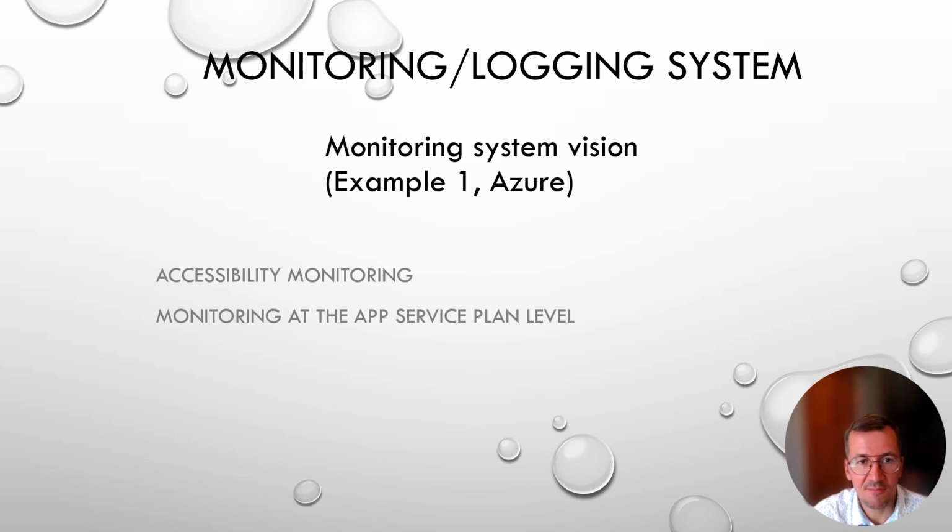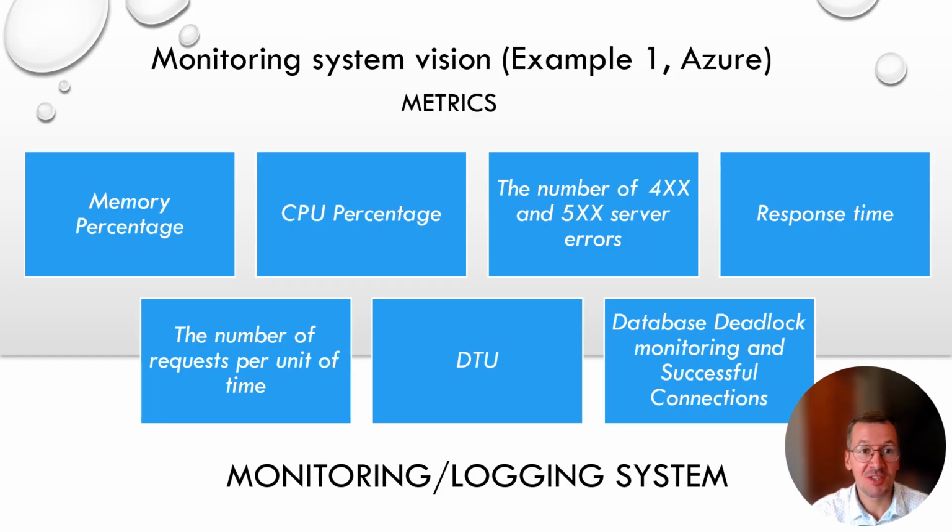Regardless of the mechanism used, manual or automatic, it is worth monitoring these parameters in order to avoid failures due to lack of capacity or, vice versa, to avoid an unreasonable increase in resource costs. Definitely, metrics are a crucial part of this monitoring system vision. So we have already mentioned two of them: memory percentage and CPU percentage. Additional metrics I would like to draw your attention to are